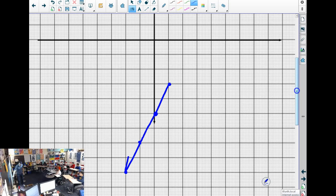Why do you erase those? Because they're outside the domain. Oh, that's domain. Sorry. Our domain restriction is that we have to be less than or equal to 1. I thought that was range, so I stopped at 1. Domain is x values, right? So then we have x minus 3 squared plus 1 when x is greater than...